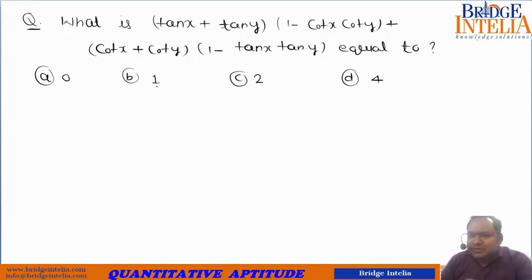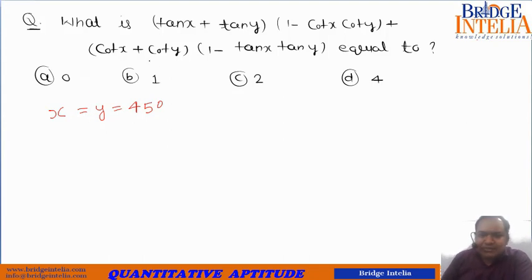What do I mean by predetermined? There are certain standard values of sine, cos, and tan that you need to remember. For example, everyone has been advised to remember beforehand the values of standard angles such as 30 degree, 60 degree, 90 degree. Similarly, if you are already aware of the values of tan and cot for certain angles, you can simply choose those angles and substitute here. What do I mean? I will show here. I can simply assume that x is equal to y is equal to 45 degree, and I will substitute those values and see what the answer comes out to be.